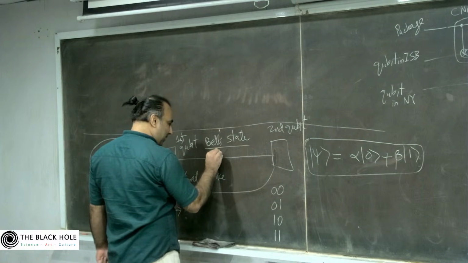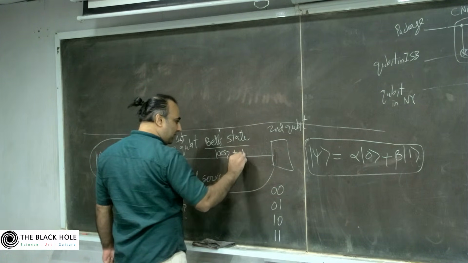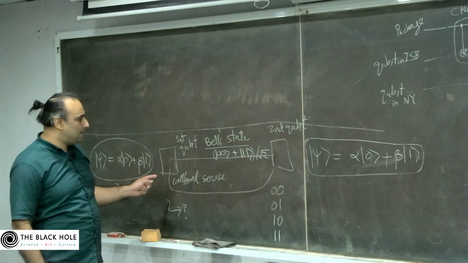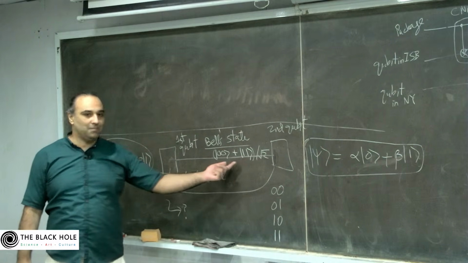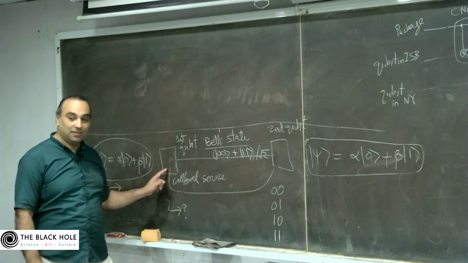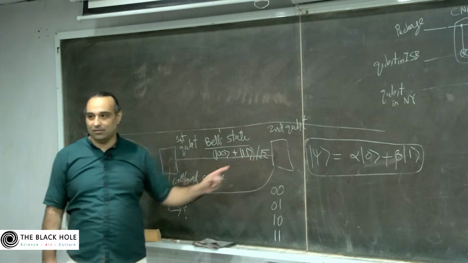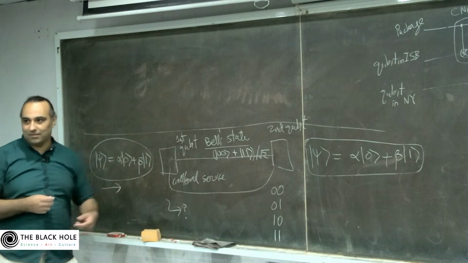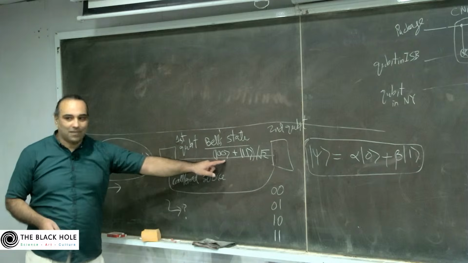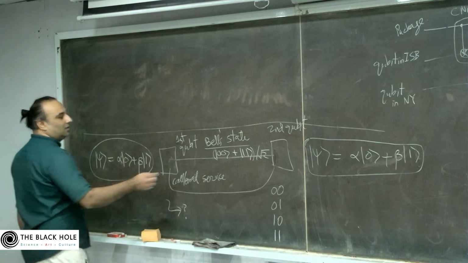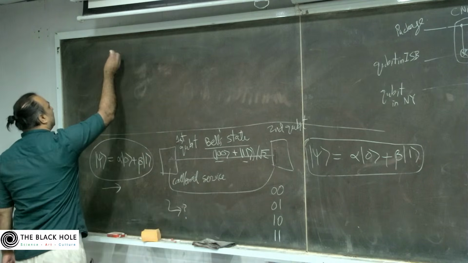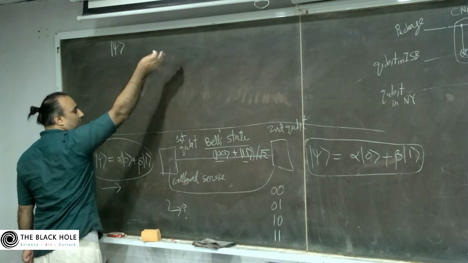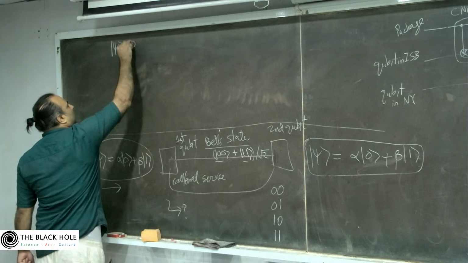So this Bell state is 00 plus 11 divided by square root 2, of course, for normalization. Let's assume that these two offices share this Bell state. The first qubit is in Islamabad, the second is there. So they share a pair of qubits in an entangled state, in this Bell state. Now this is the first part. Let me write it like this, with psi; let's call it the first part,